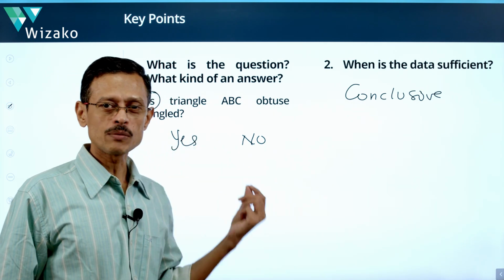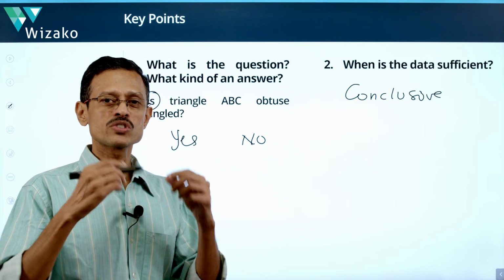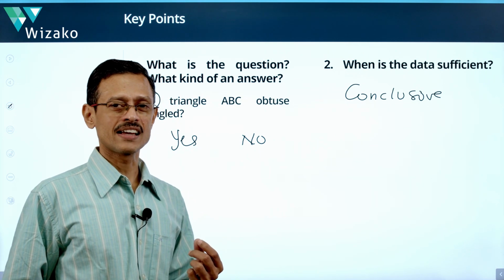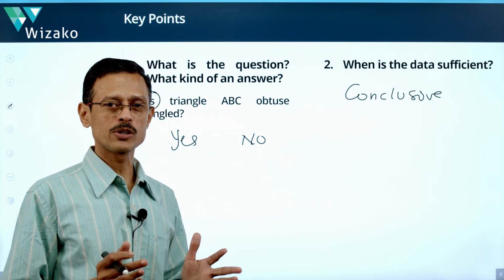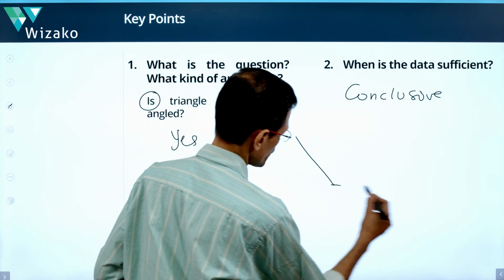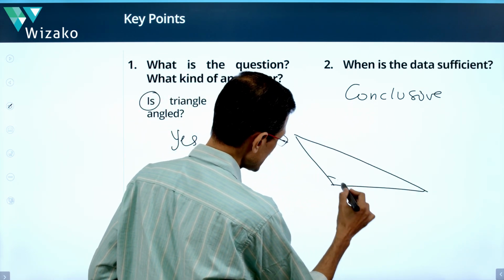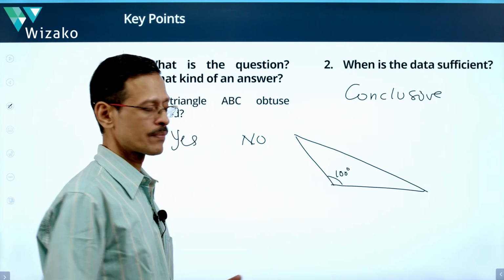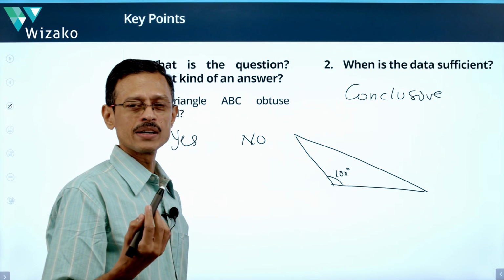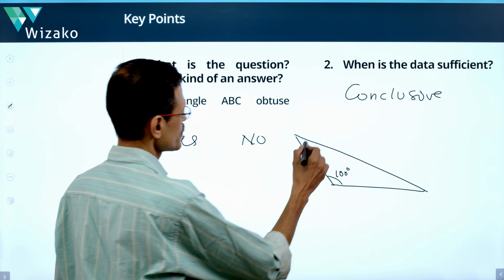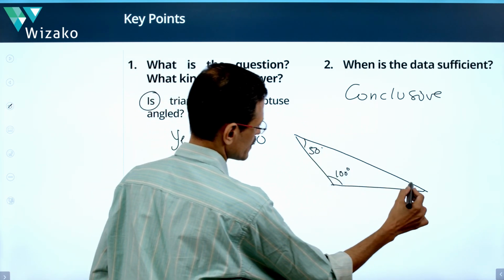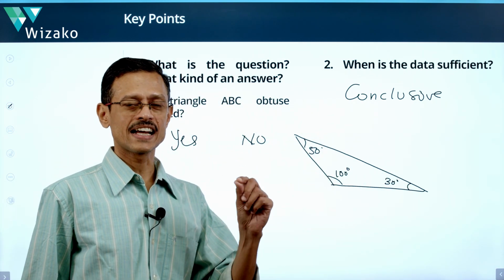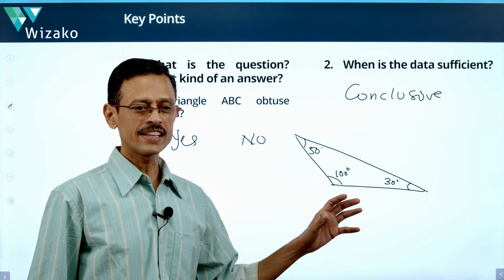Before we proceed, when talking about obtuse angle triangles, I'll start with the most elementary property of an obtuse angle triangle. What is an obtuse angle triangle? An obtuse angle triangle is a triangle in which one of the interior angles is an obtuse angle, right? Here is an example triangle, obtuse angle triangle. One of the interior angles is an obtuse angle which is greater than 90 degrees. Let's say this is equal to 100 degrees. The sum of the other 2 interior angles should be 80 because the sum of the interior angles of a triangle is 180. So let's say this number is 50 degrees and this is 30 degrees. This is an example of an obtuse angle triangle. One interior angle should be greater than 90 degrees, right? This much clarity is good to start with.